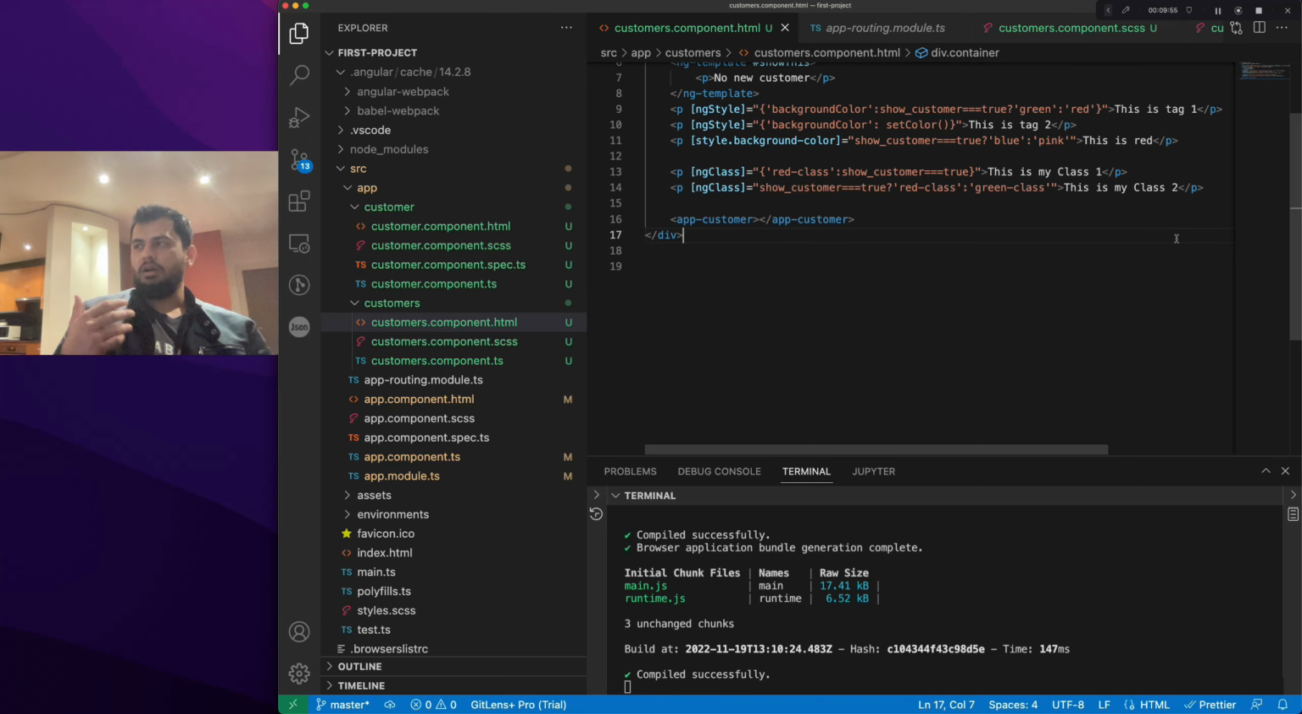Obviously there are a lot of ways in which ngClass can be manipulated. You can add multiple conditions to an ngClass as well. What I will give you guys to practice is that we use a function in ngStyle to change the background color. I will leave it up to you guys to use this particular function in the ngClass attribute directive as well. And the other thing which I would like you guys to practice is to use multiple conditions inside of